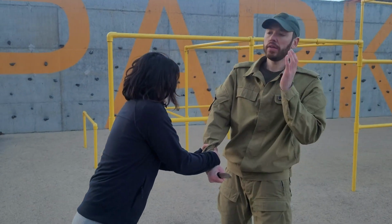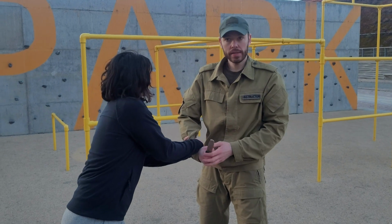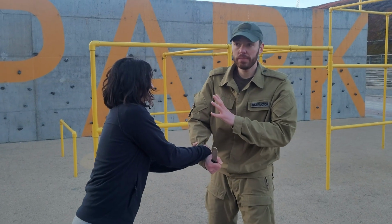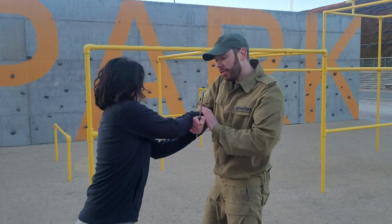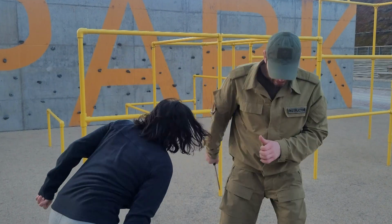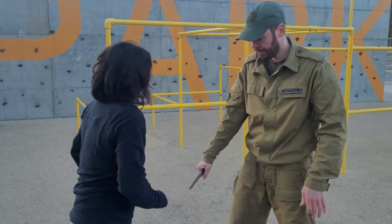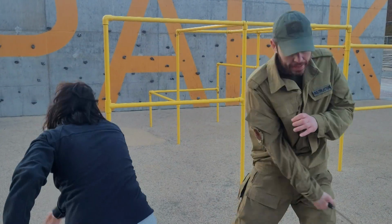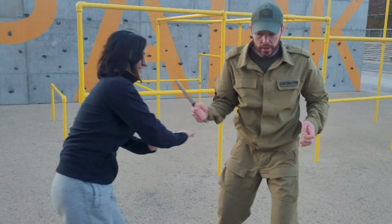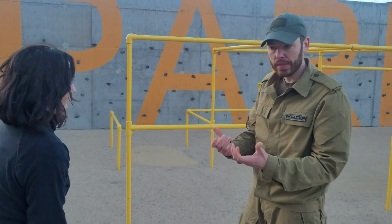And usually other instructors that have knowledge about using the knife say it's not possible, because as soon as you grab, I can do this. If you grab again, I can attack you with the knife. I can change hands. I can cut you. I can rotate, attacking one time. I can rotate here. I can cut you. The main problem with Systema, I realized, is that